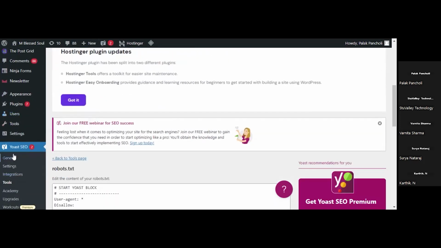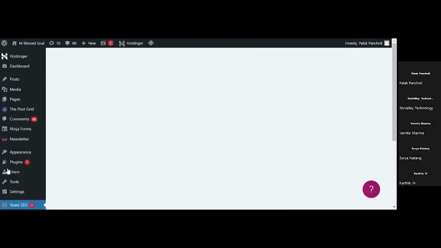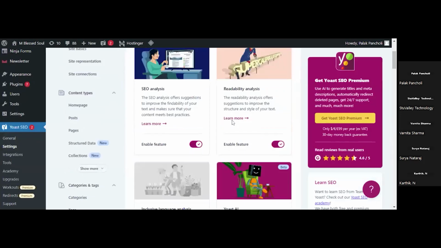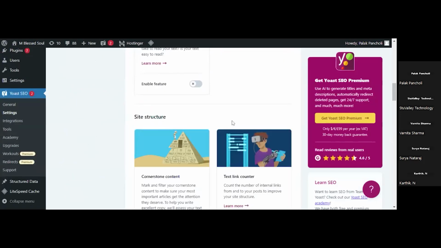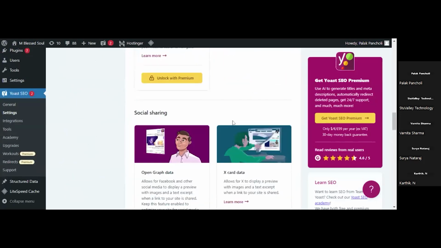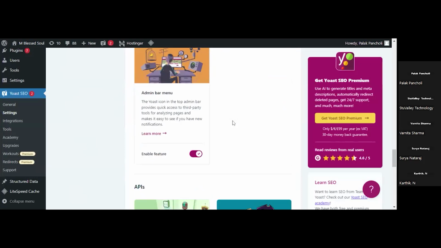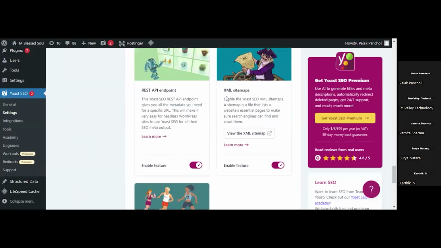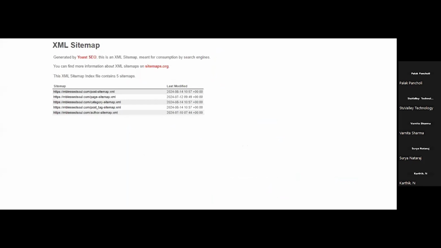So again we'll go to the Yoast SEO, and in the Yoast SEO we'll go to settings. The settings part you have to scroll down. This is the feature of XML sitemap. It is already enabled here. We just have to click on view the XML sitemap, and is it visible now?